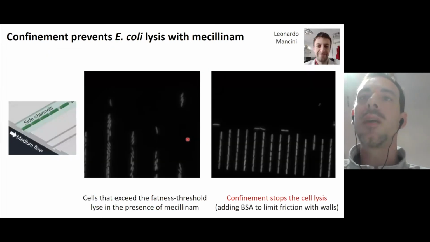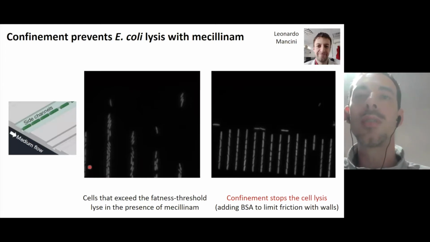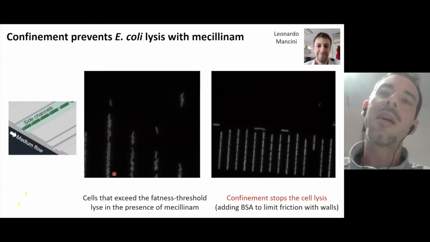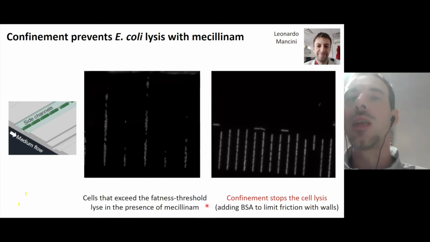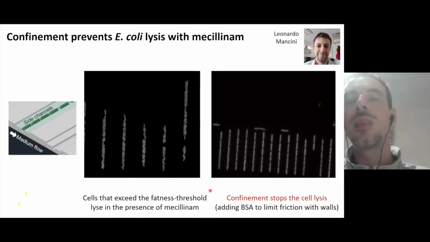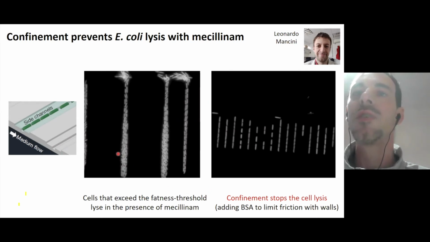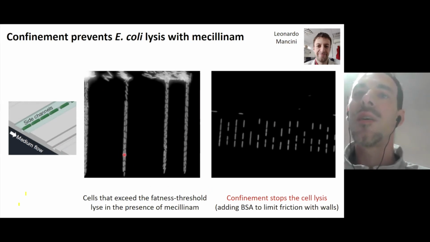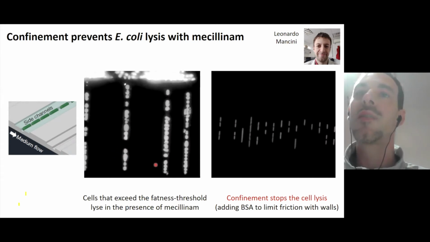Next slide, please. Leonardo Mancini did an experiment in a microfluidic chamber where bacteria are arranged in a line inside this chamber, and they are able to divide. We provide both mecillinam and nutrients to the bacteria. You will see in the video that mecillinam kicks in. In the first video, they are getting larger, and at a certain point they get spherical and explode. Here it is: sphere, and then explode.